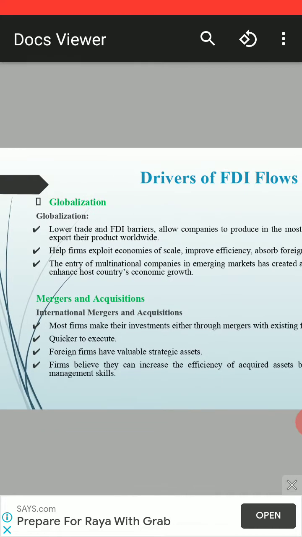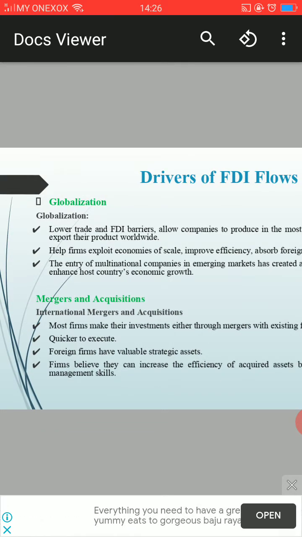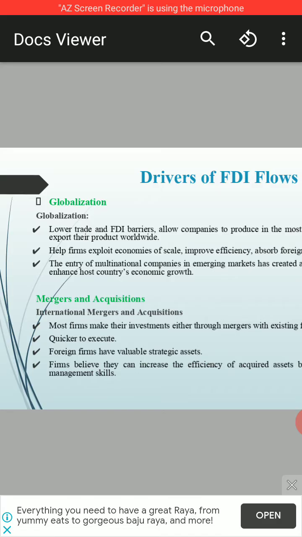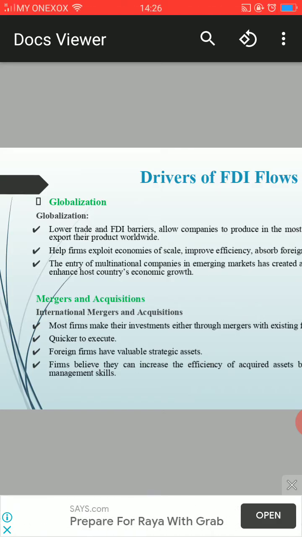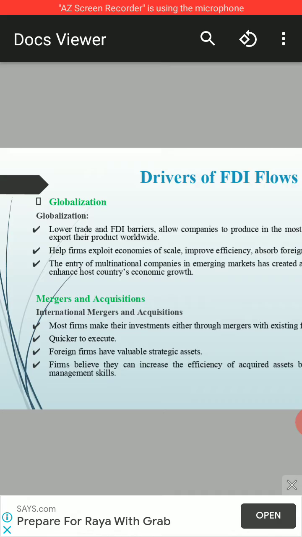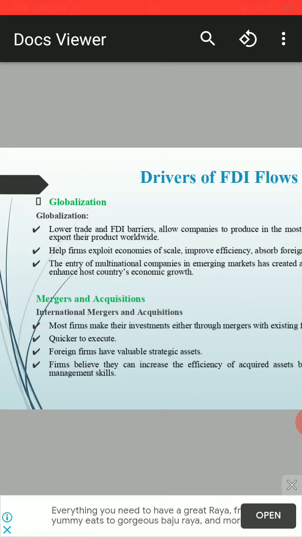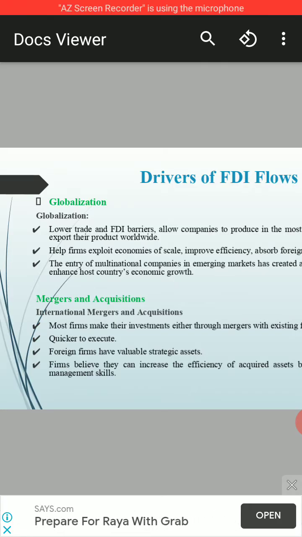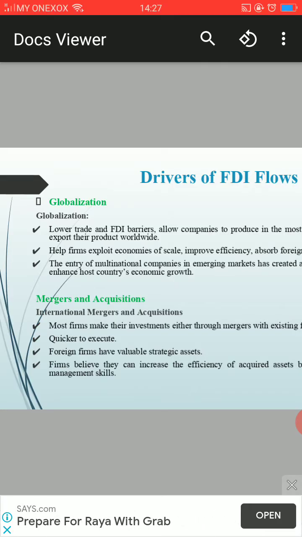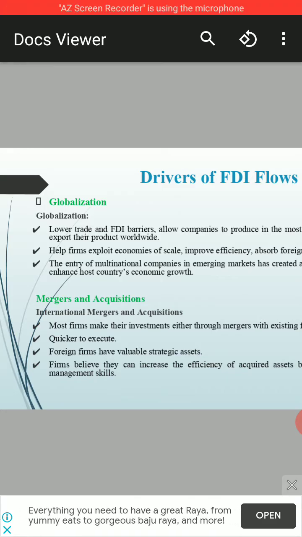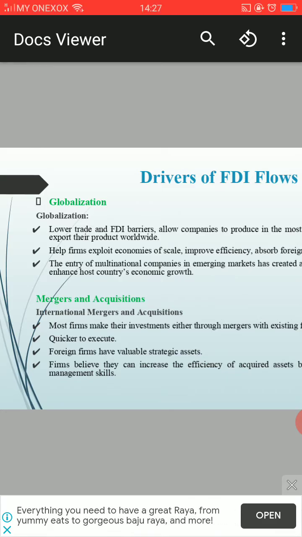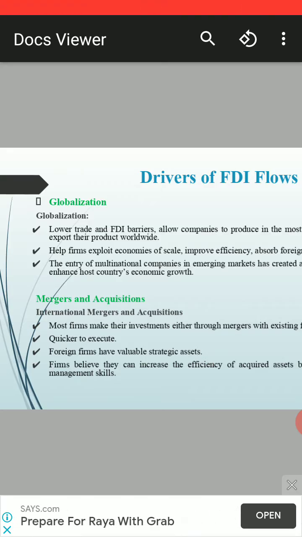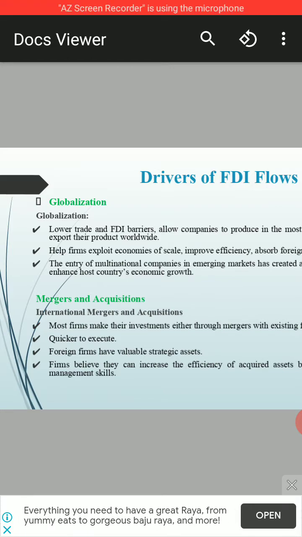Okay, so actually for the FDI, I forgot to explain. First, there are two forms of FDI: number one is greenfield, and number two is merger and acquisition. Greenfield means the company needs to set up the business from A to Z, from the ground. So they have to go to Malaysia, for example, find a suitable land, like the Kulim High Tech, build a factory, install the machine, and find the workers. So this is more time consuming and incurs a lot of cost, and it can also be very risky because you have to invest a lot of money.